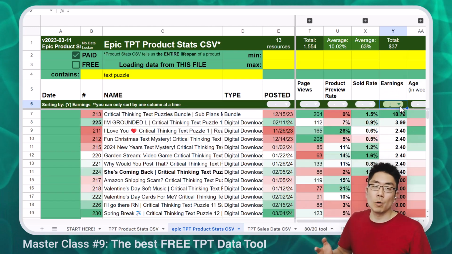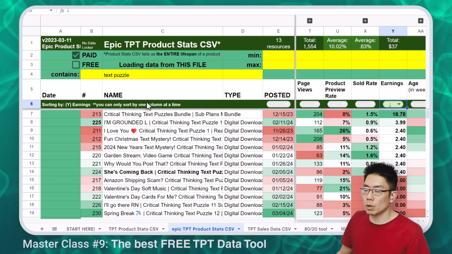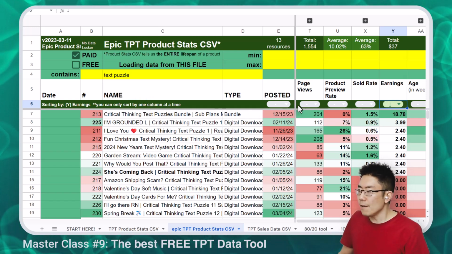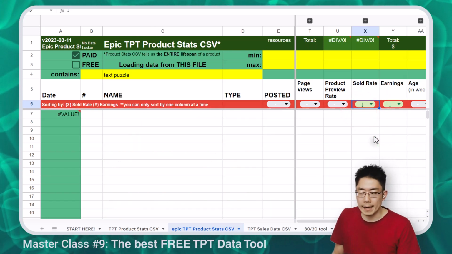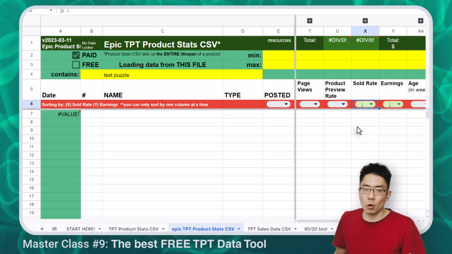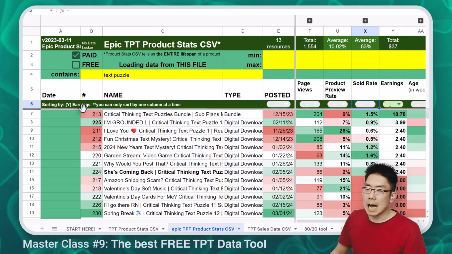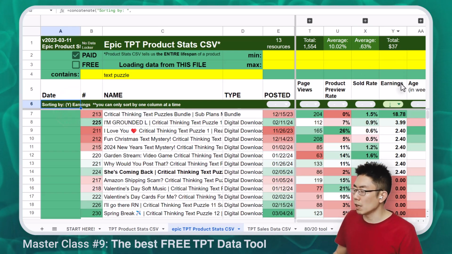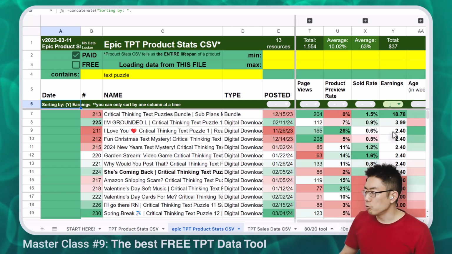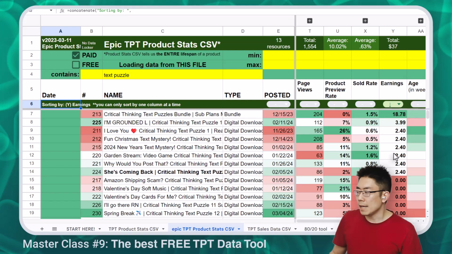The Epic tool can only sort one column at a time, and I can see that the sort row turned dark green. If I try to sort it by another column as well, you'll see it turns red. And that's because it can't sort by two columns. So I'm just going to turn that back into the middle gray setting. I can see over here, it even says sorting by Y, and this is column Y, and it's sorting by earning. Right away, I can tell that half of my resources have made nothing,